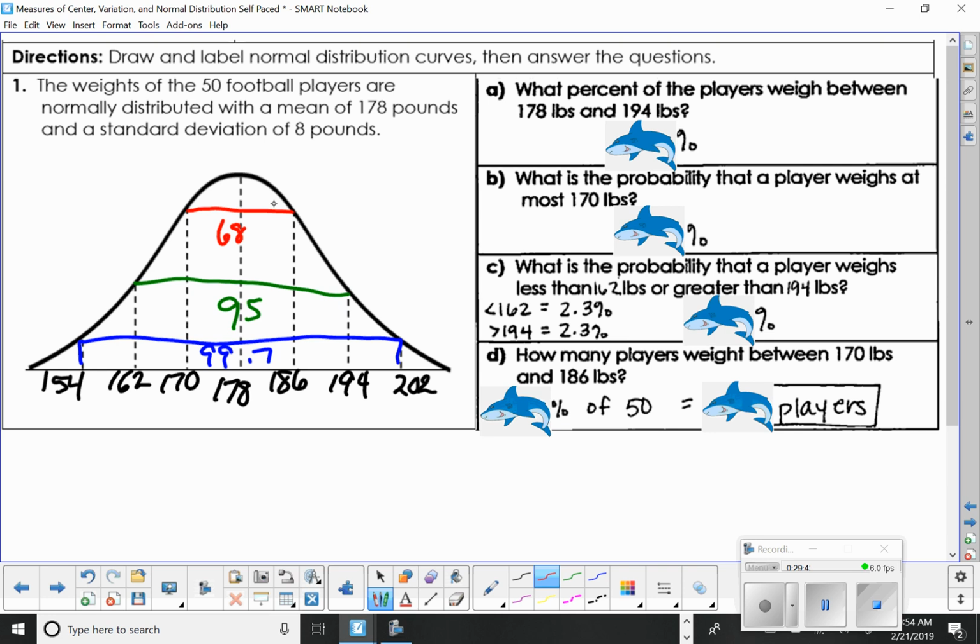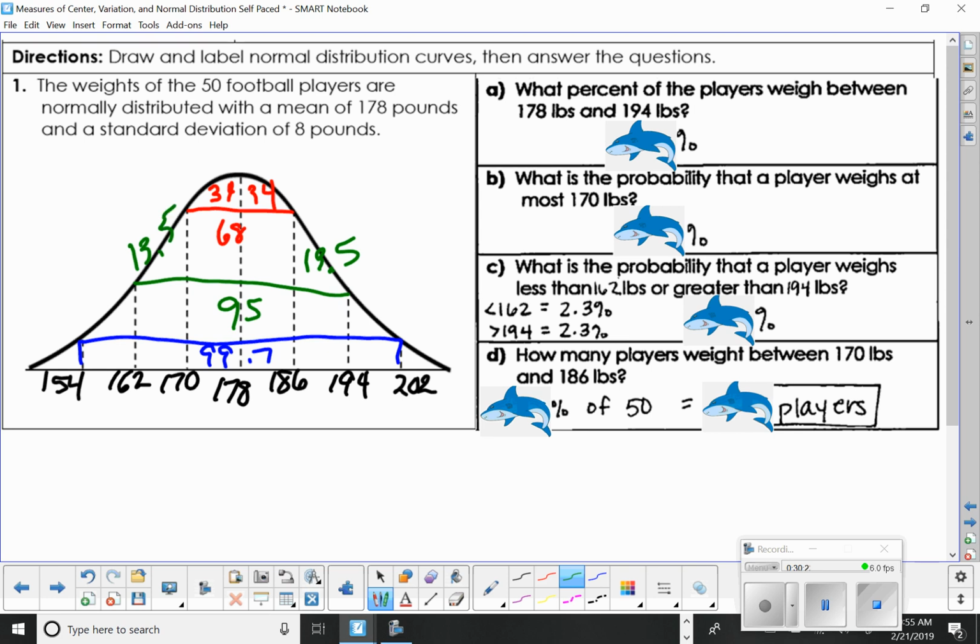If here to here is 68, then I know that this is 34 and this is 34. Now if I know from here to here is 95, but this middle part is 68, I've got to take the 95 and subtract out the 68. That tells me that this little part and this little part, between those two parts, is 27. So I divide that by 2, and I get 13.5. So 13.5% are here,